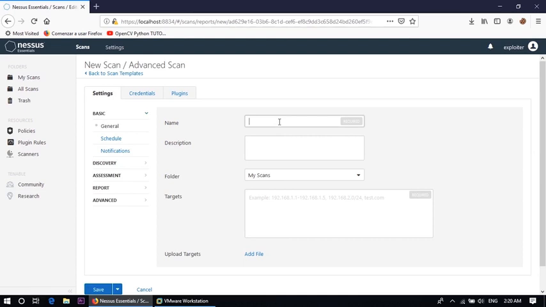In this field, first we need to put the name of the scan. Suppose the name is NPTEL and the description is demo, folder My Scans, and target.